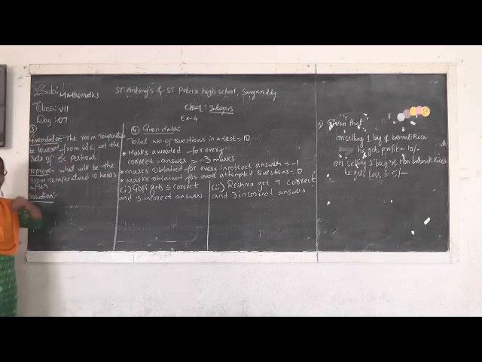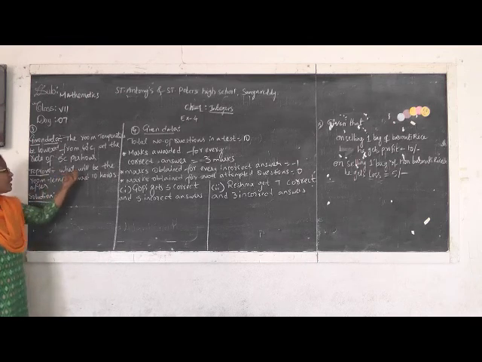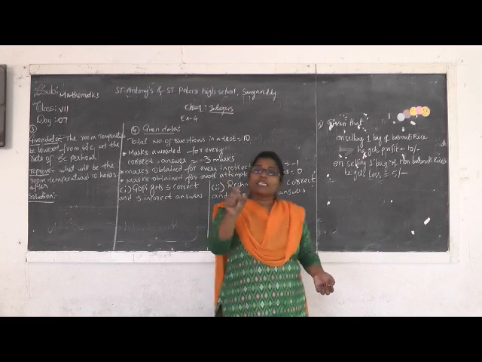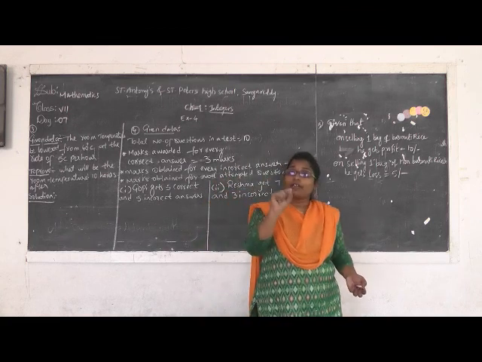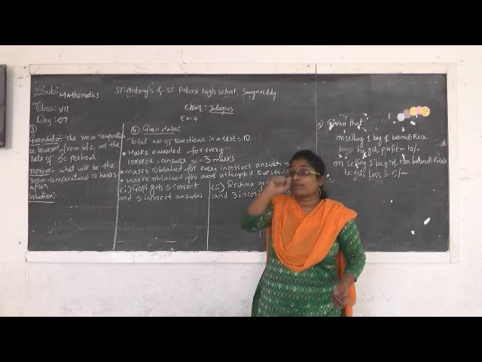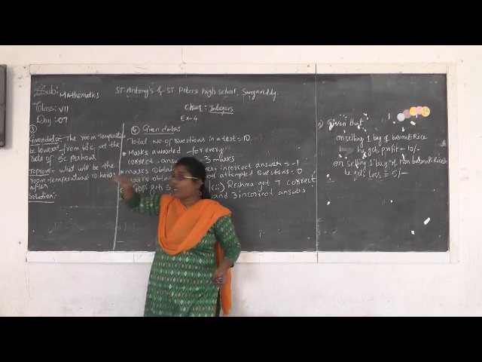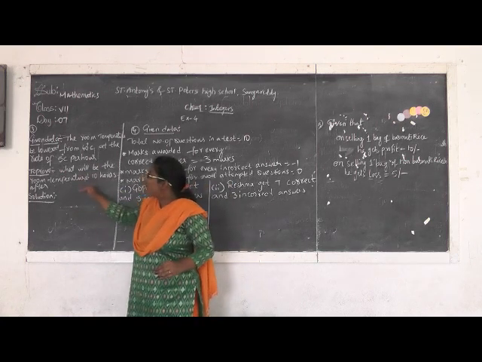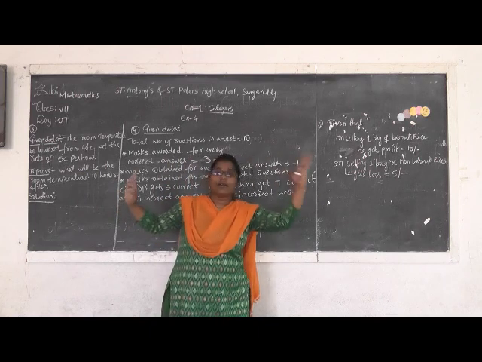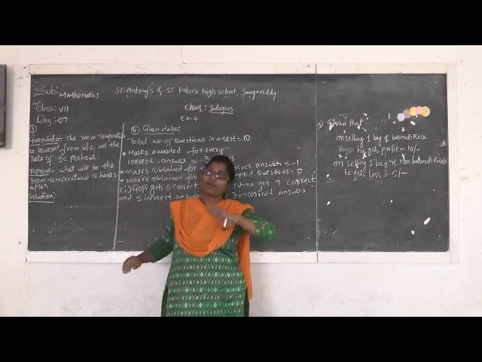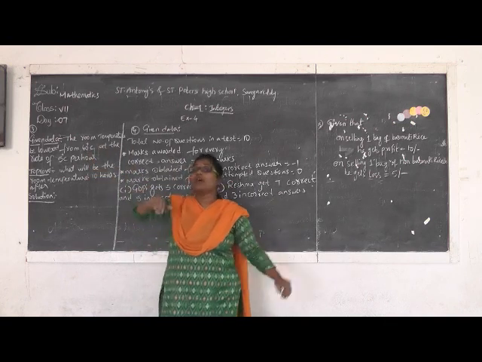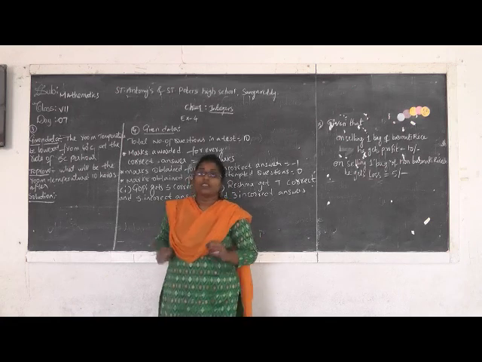Now let's see what we have to find in this question. We have to find what the room temperature will be 10 hours after. The temperature reduces by 5 degrees Celsius every hour starting from 40 degrees Celsius. So if it is 40 degrees Celsius in the first hour, after 10 hours what will be the room temperature? That is what we have to see. So how do we solve it?